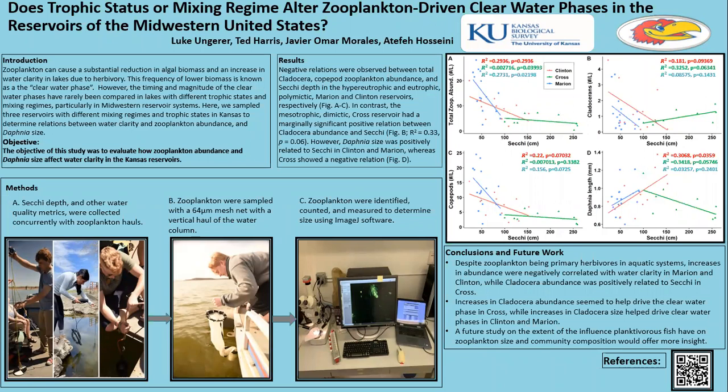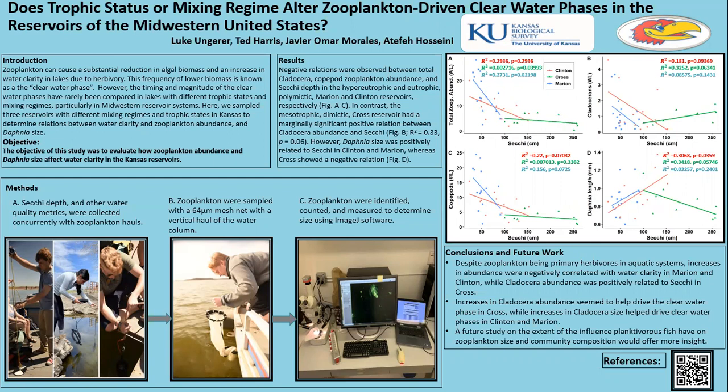My name is Luke Ungerer, and I'm an evolutionary, ecological, and organismal biology student at the University of Kansas. Here I'm studying how trophic status or mixing regime may alter zooplankton-driven clear water phases. Zooplankton have been used as environmental indicators for their water column by ecologists for decades now. I just want to focus in on how they might drive clear water phases in reservoirs around the Midwestern